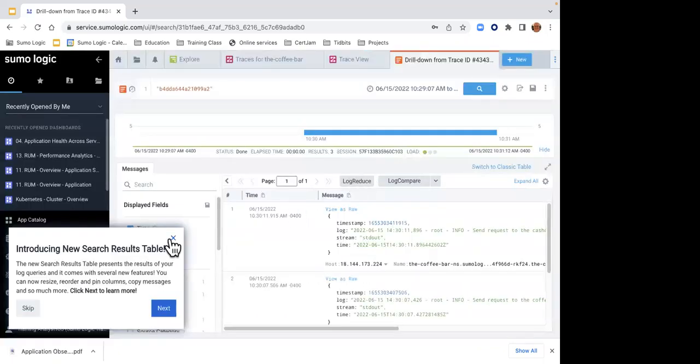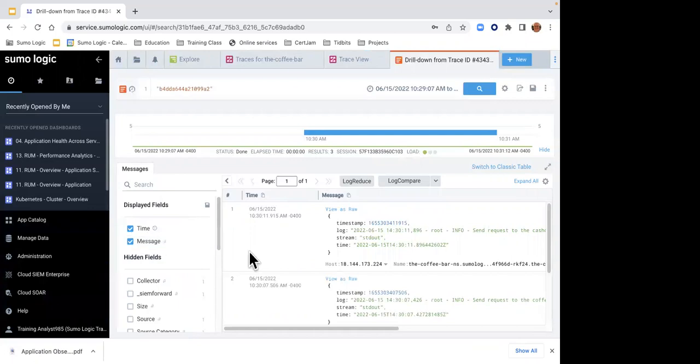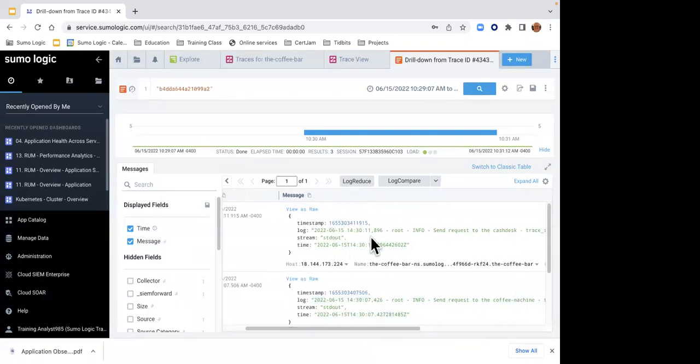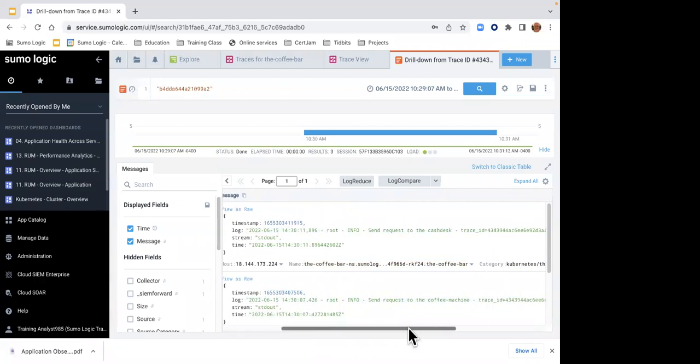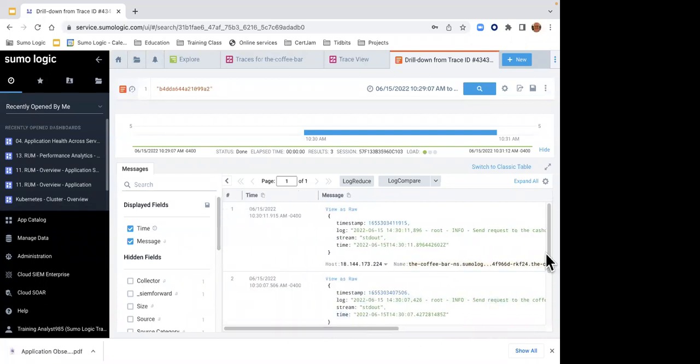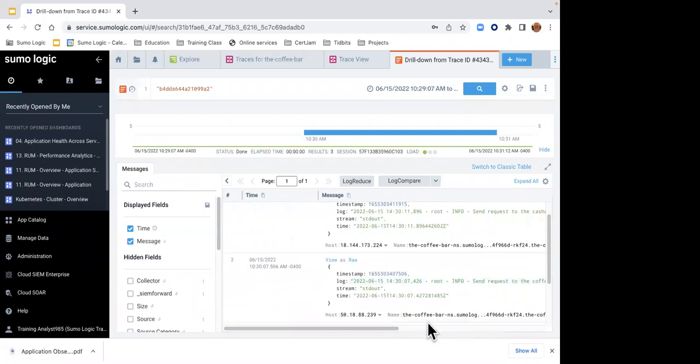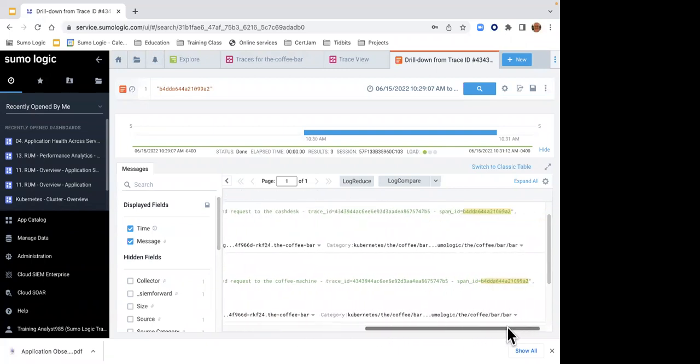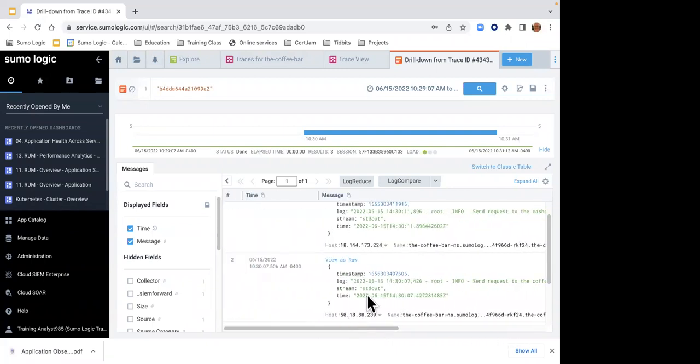So when I open up my logs here, I've got all this help that I'm going to turn off. I can see that this is my latest message. We sent a request to the cache desk. Okay. And then we sent a request to the coffee. And basically what happens here is that the